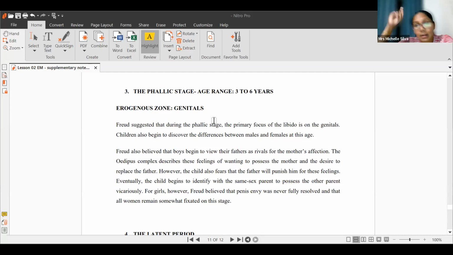That's why during that period girls try to imitate their mother by wearing a sari, by